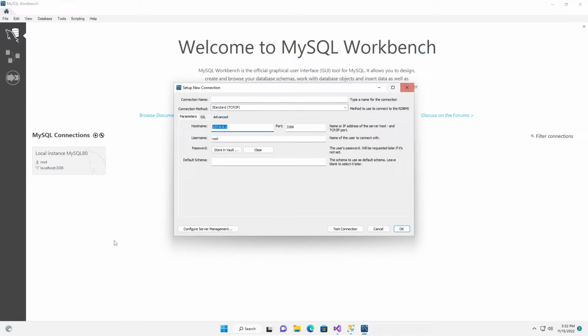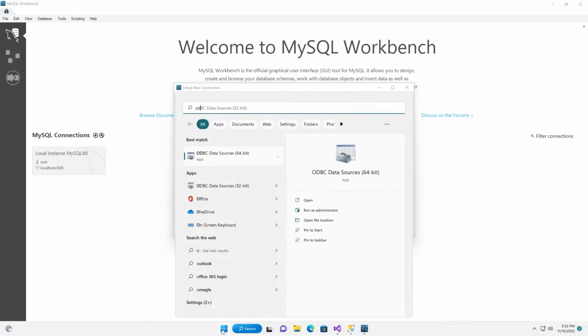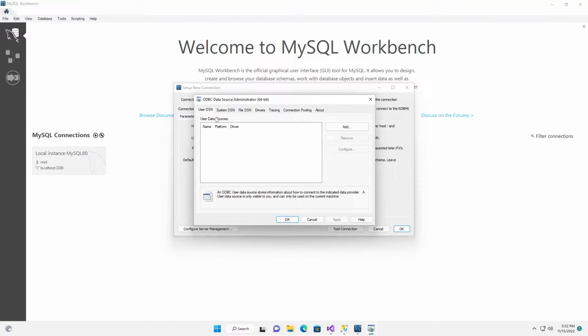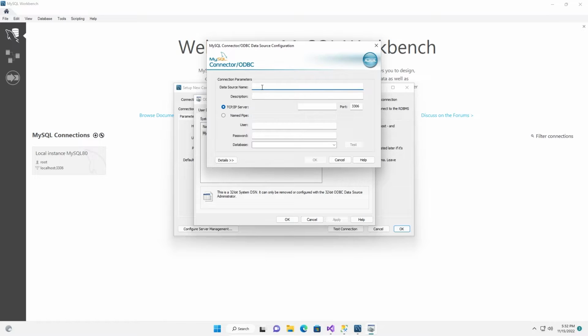Done. Now let's go back for 64 bits. ODBC 64 bits. Here same thing, System DSN, Add. You can see here MySQL ODBC ANSI driver. Choose this one. Finish. You have to provide a name.